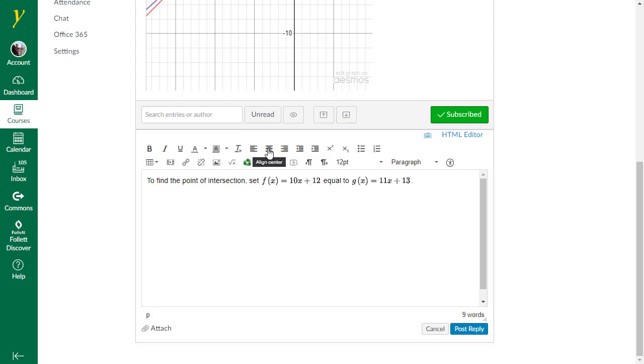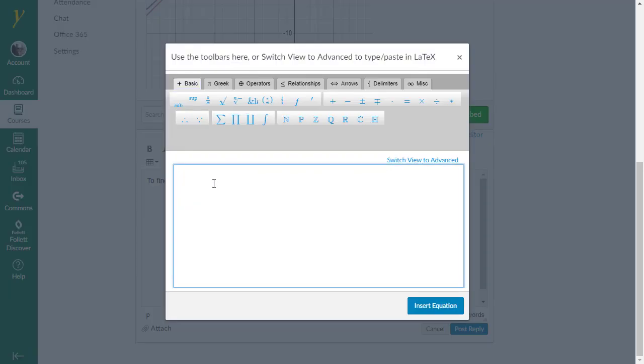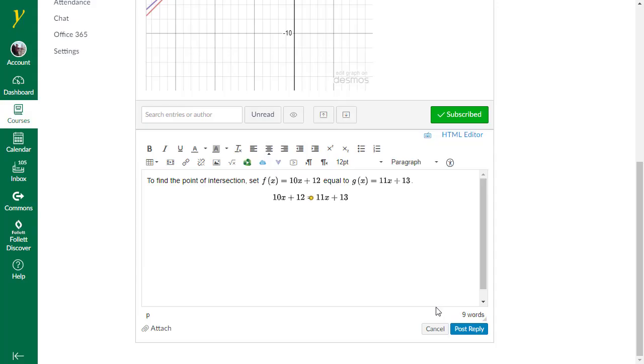I'm going to center this equation, and now I'm going to put in those two equations set equal to each other. So I'm going to hit the square root button, click in the window, 10x plus 12 equals 11x plus 13. Say insert equation, and there we have it. So I hit enter. That takes me down to the next line. However, I want to be left aligned here, so I'm going to click on the Align Left button and say subtract 11x and subtract 12 from both sides